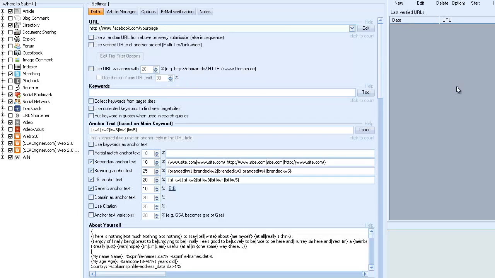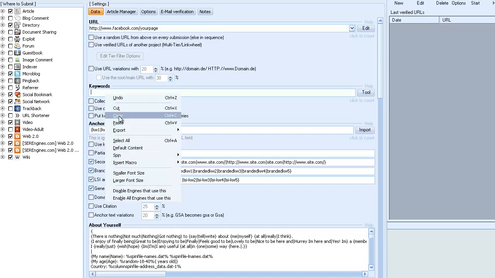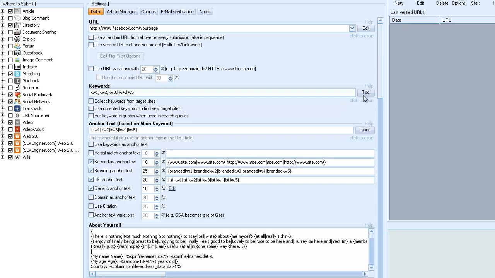Okay, so we've gone ahead and set up our URL. Gone over how to add multiple URL campaigns. We've laid down our anchor text so we get great diversity and we have full control. And now we're going to use the keywords. Now, some may wonder why we're using keywords when we already use anchor text based on our main keywords, and we'll go over that in a minute. So I'm just going to drop our keywords in,